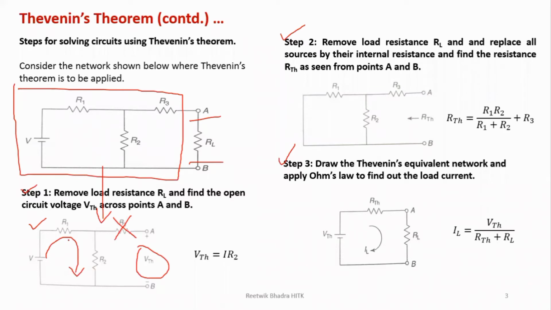I have given a direction over here, and I can give it clockwise or anti-clockwise. But why am I giving it clockwise? Because positive is at the top, so current will come out of this positive. You can give the opposite direction also, your answer will come negative. In order to make my answer positive, I am giving the direction of current through this over here. So can I say my current is V by R1 plus R2? If this is removed, R1 and R2 are coming in series. So V by R1 plus R2 is your current.